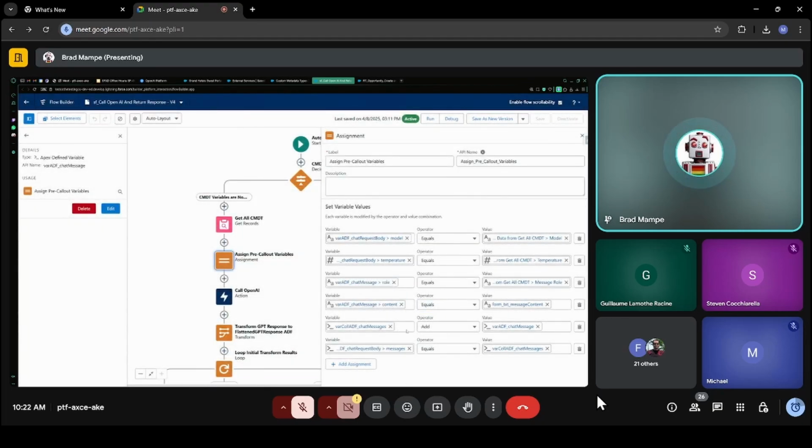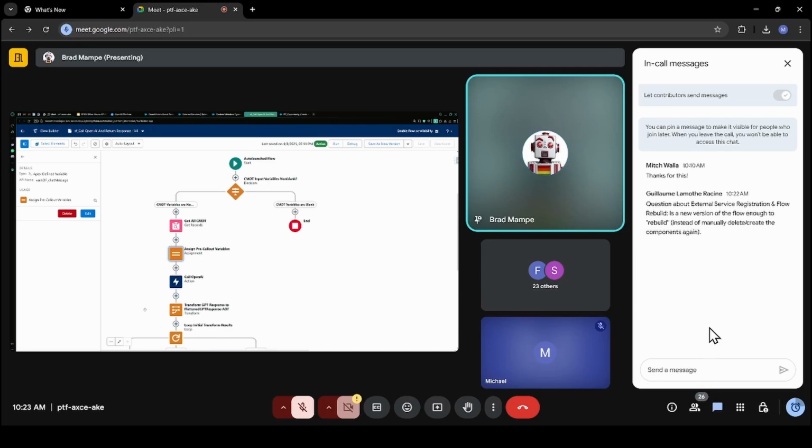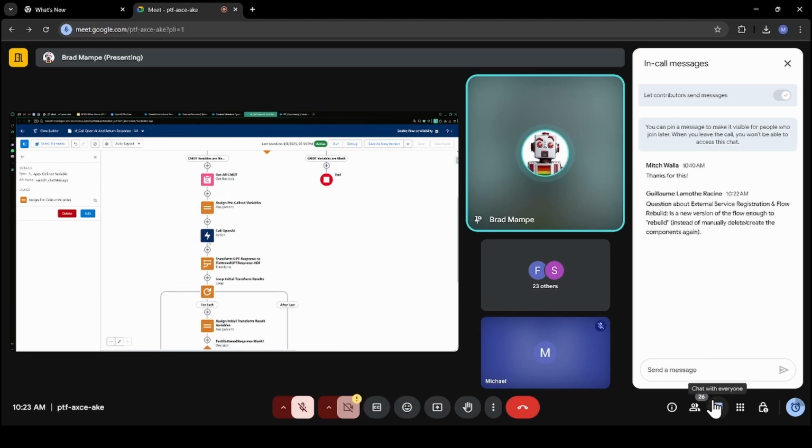It certainly looks sexy on screen, but this is pretty verbose. And this is the sort of thing that gets handled a lot more easily with Apex development. So if it's the kind of project you're trying to pursue and you have Apex resources on site, this is a good project to work together on to help you with the heavy lifting. At any rate, all of this gets the custom metadata and prepares the request to go out to ChatGPT. And then we get something back when it's done.